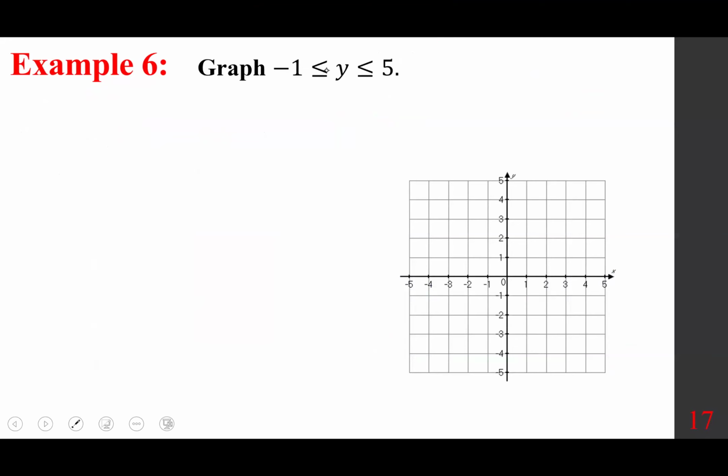Graph y is between -1 and 5. In other words, -1 less than or equal to y less than or equal to 5. It's important to know we are dealing with a Cartesian coordinate system. Otherwise, this can be done even on a number line. It goes from -1 to 5, and that's it. But this is dealing with